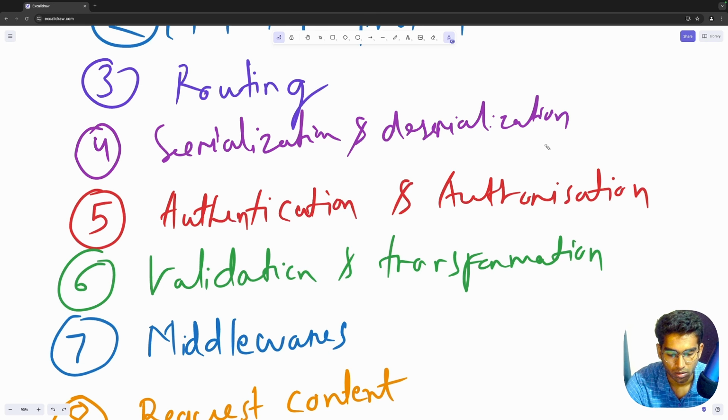interoperability standard. The different formats that are used in serialization and deserialization: we have text-based formats, which are JSON or XML. We have binary formats, which is protobuf, and what are the performance differences between these two and when to use which one. We'll look at how different programming languages implement serialization and deserialization.